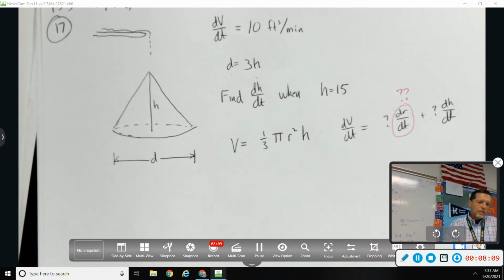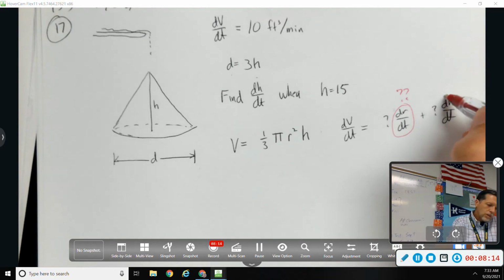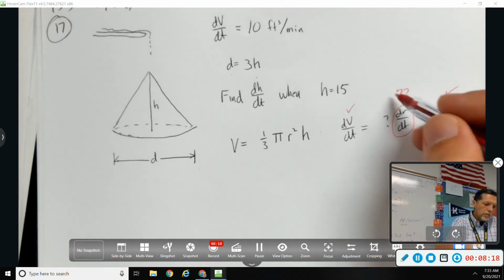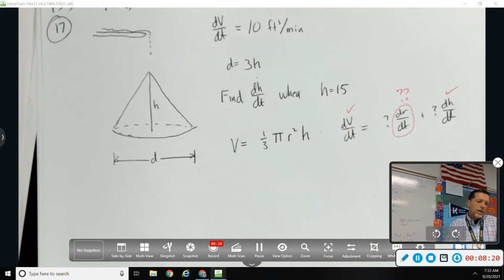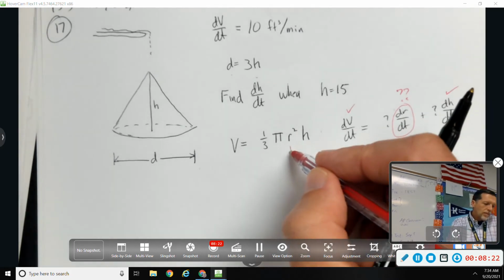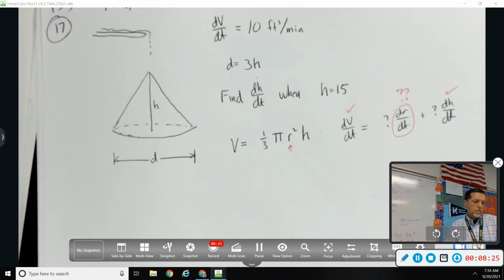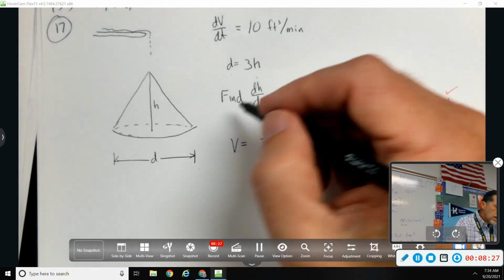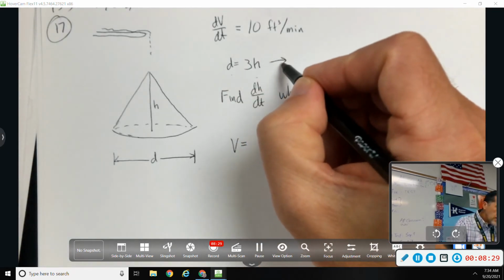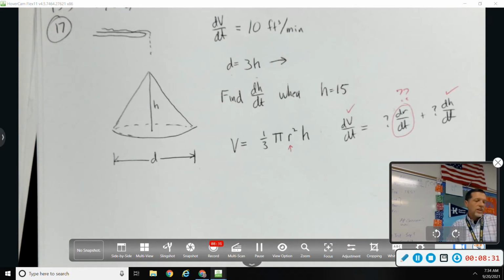So I'd really rather not have r in my problem. Like dH dt, that's what we're looking for. We know dV dt. We can figure out everything else, but we don't know anything about dr dt. So it would be nice if r went away somehow. Well, this was extra sneaky. If the diameter is 3 times h,